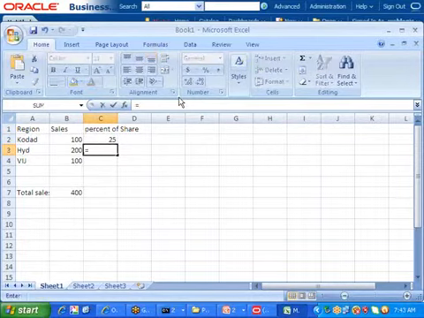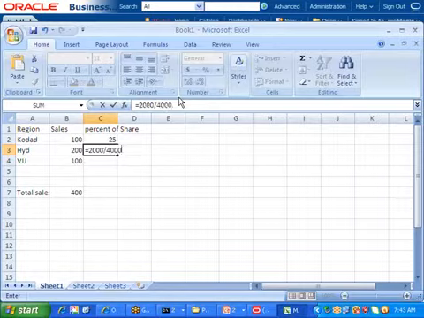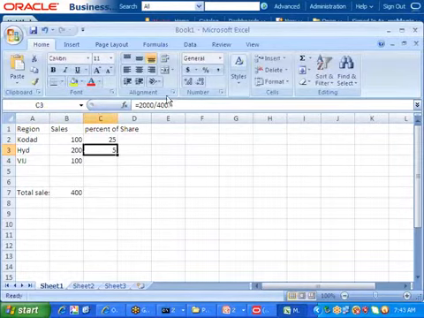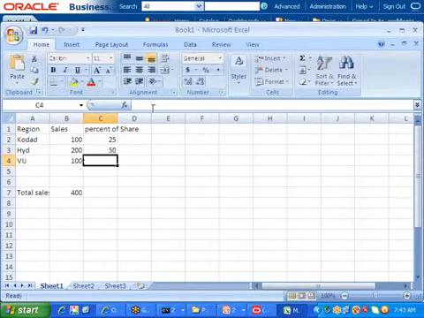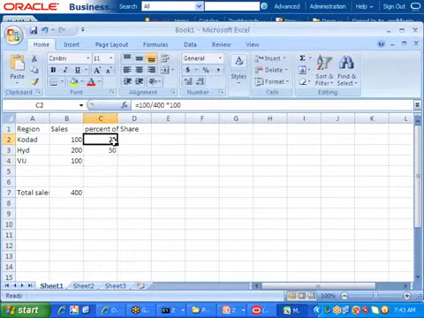For this one, it is 200 by 400 into 100, like this will give the answer 50%. The same thing will be applicable here also, right?